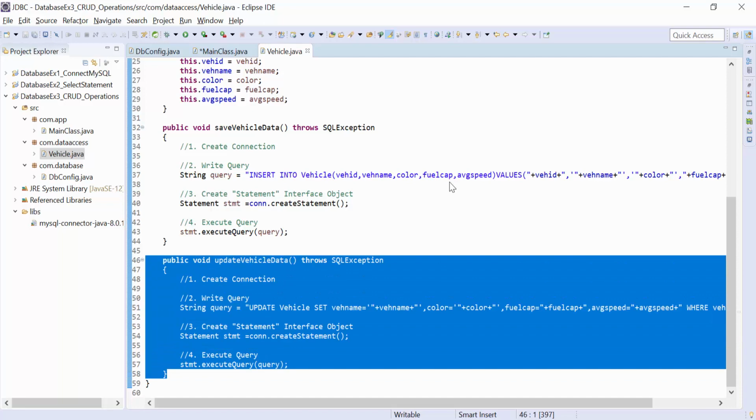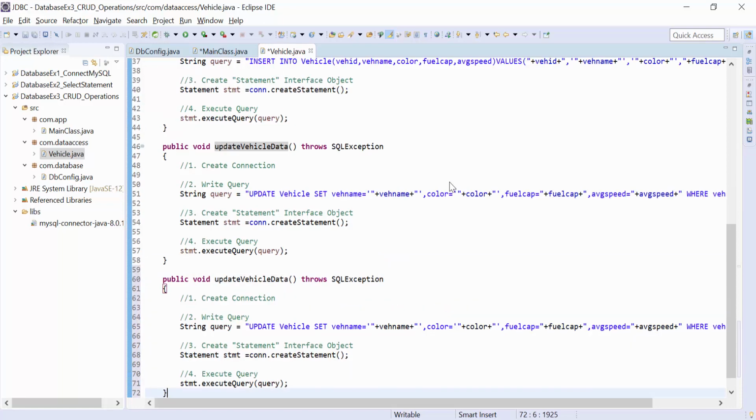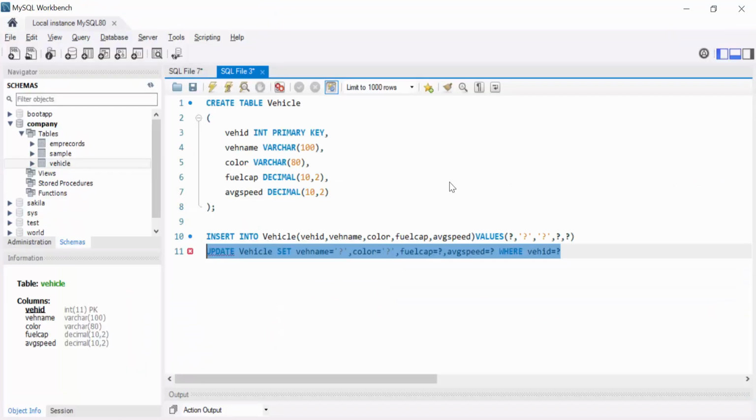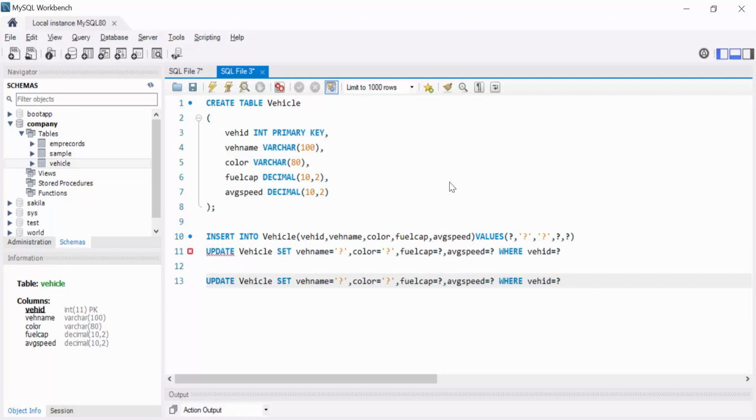Now we do the same for delete vehicle data. Same, create the connection, write the query. Now the query should be only delete from vehicle, where vehicle ID is equal to vehicle ID.